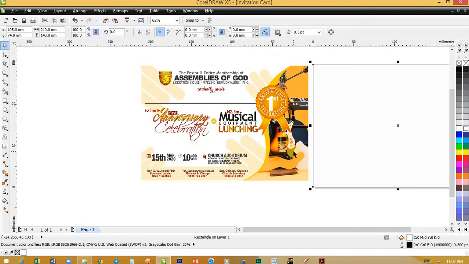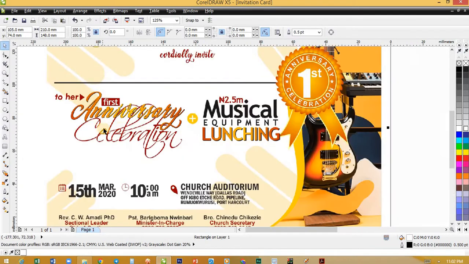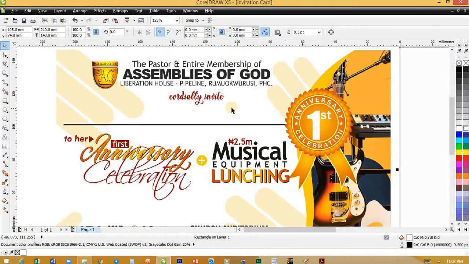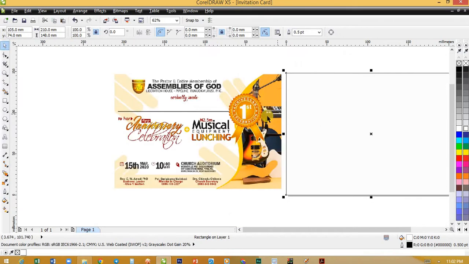It's more like using the picture here to tell the story of what people are coming to see when they come for the program, or if they are sending in money. Since this is something that has to do with money, 2.5 million, it means that they know that the money is going for this purpose. Okay,